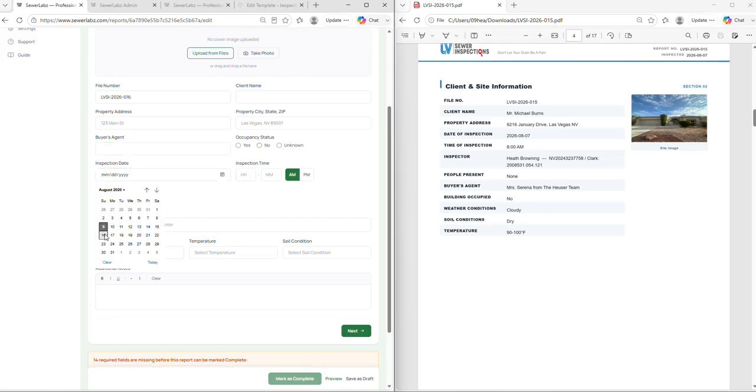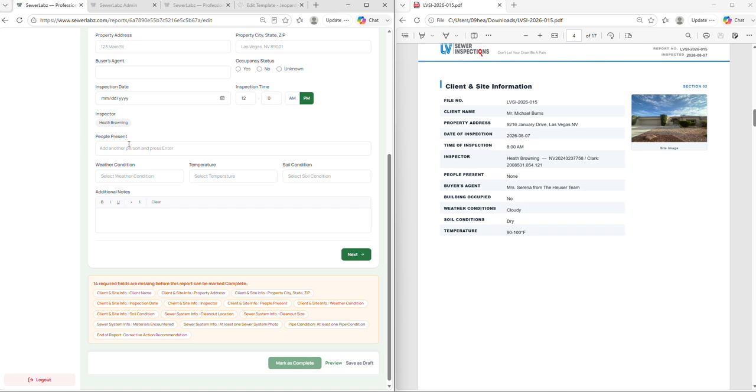Everything's very easy. This suggests today's date, not a date from August 8th of 2016. Hour, months, quick little buttons for AM, PM. If you're a multi-inspector firm, we are not at LV Super Inspections. It's just me, so I'll always select me. But if you're a multi-inspector firm, you can click who did the inspection. And remember, that will change their pre-selects or their quick select